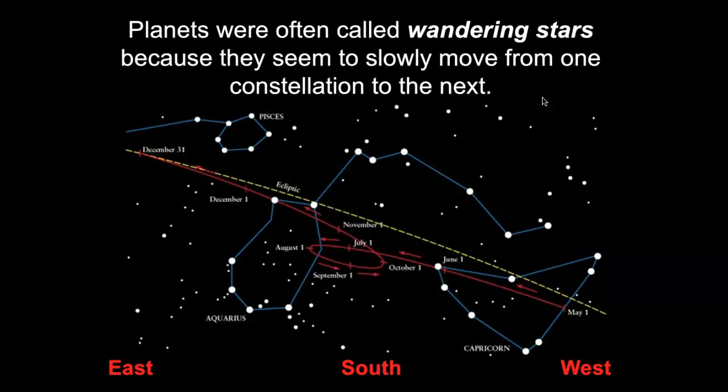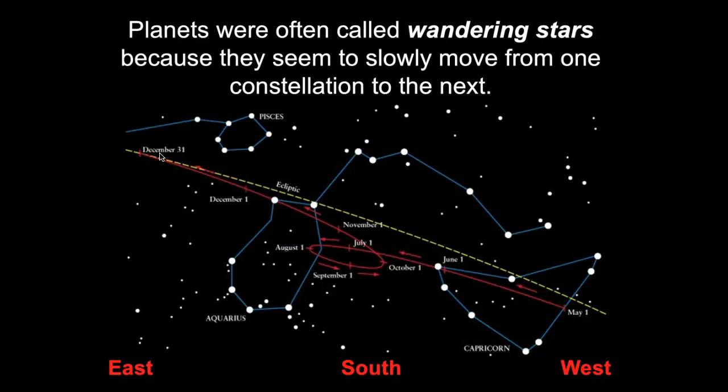When you watch, the sun and the moon are always moving eastward around the sky. Relative to the background stars, the sun, the moon, the planets, they all move along the ecliptic, and every day the moon moves eastward from right to left around the ecliptic. And every day the sun moves a little bit eastward around the ecliptic. And every day the planets move eastward, except when they don't.